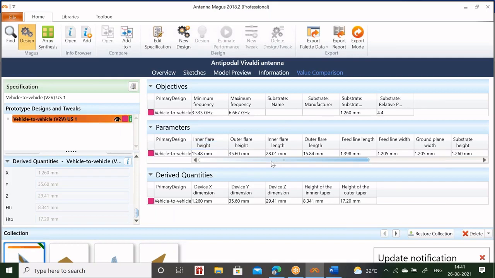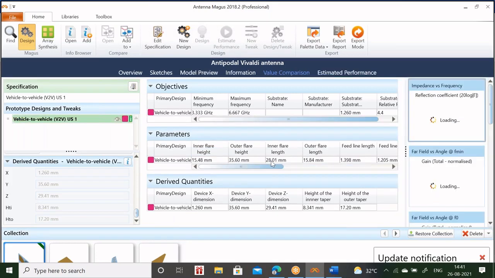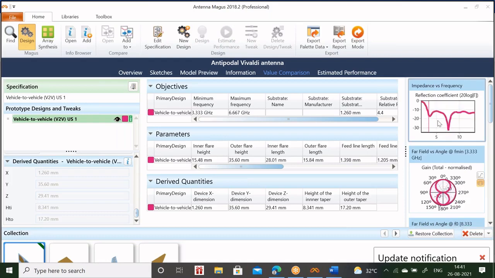That's why it will take less time. So all the results are loading here. You can see. Yeah, you can see here the result.